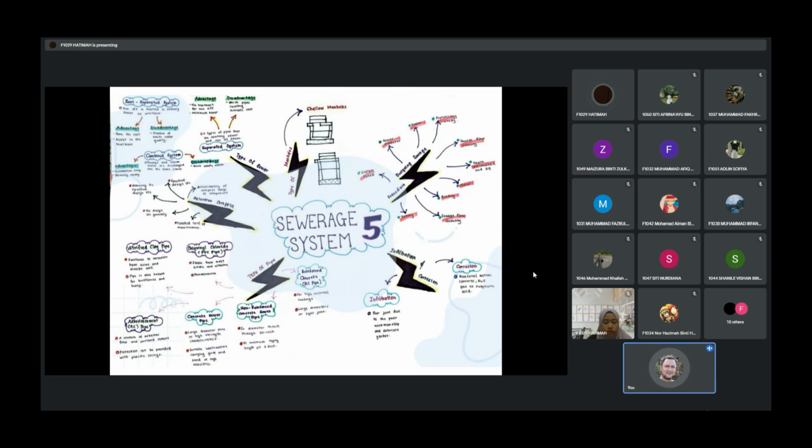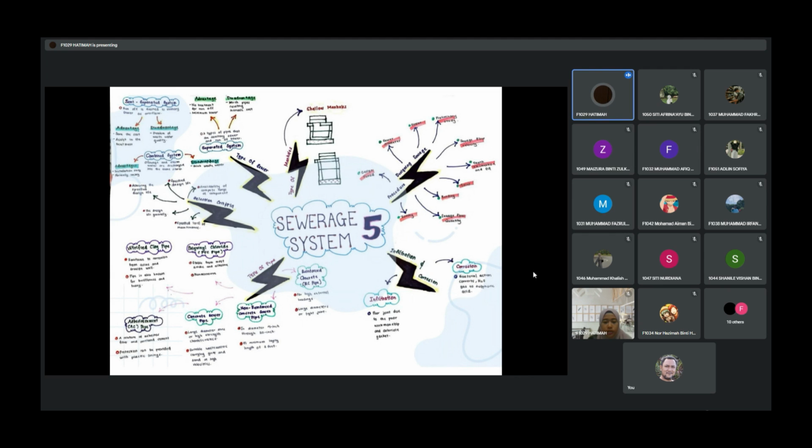And reservoir. Reservoir. Satu lagi reservoir. Void. Oh, ada 2 pronunciation. Ya. Okay, void. Sorry. Tak apa. And then we move to the next